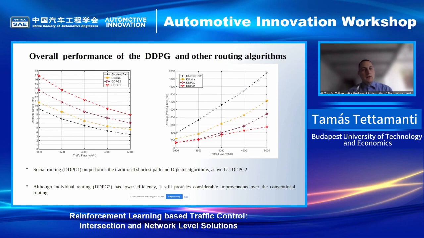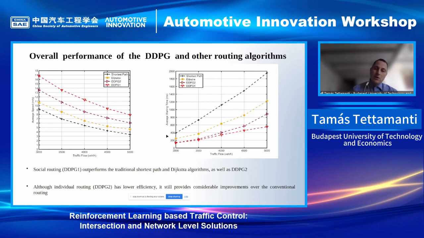One is the shortest path routing, second the Dijkstra algorithm for routing, and the DDPG2, which is the individual RL-based routing, and the DDPG1, which is a social routing with reinforcement learning. And this is the best in terms of average speed, you can see, and also in